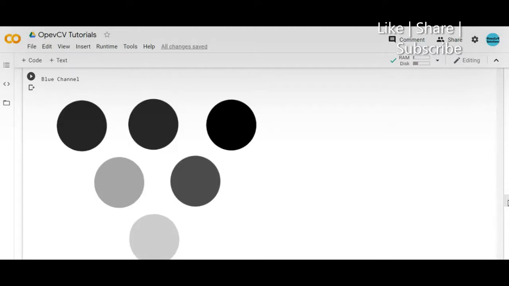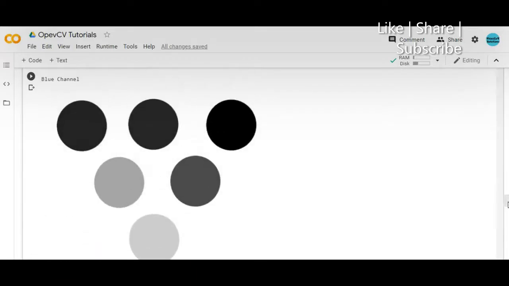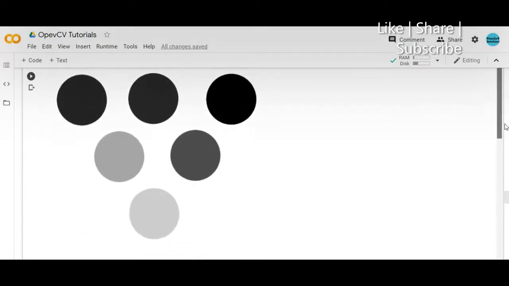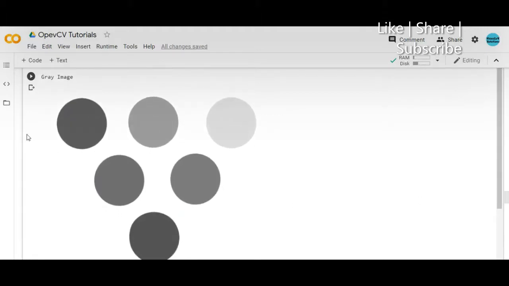Now what I'm doing is I'm printing the gray image. The gray image, whatever you're able to see here, is just a little bit down. So the gray image is this. I'm just converting the actual color image into a gray image using the functions that were discussed in the last class. I'll be showing the code in a while.